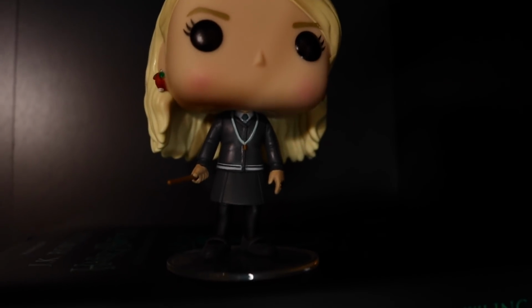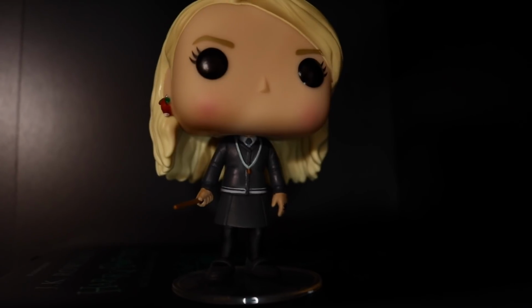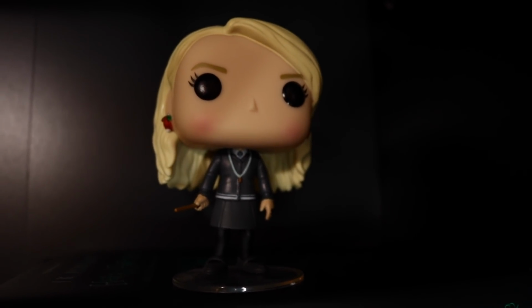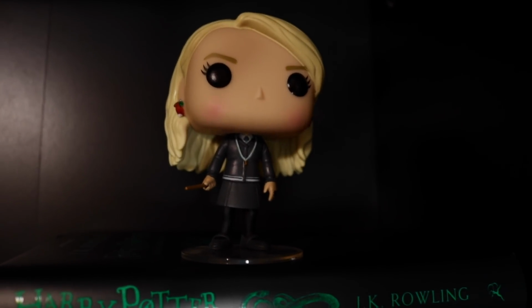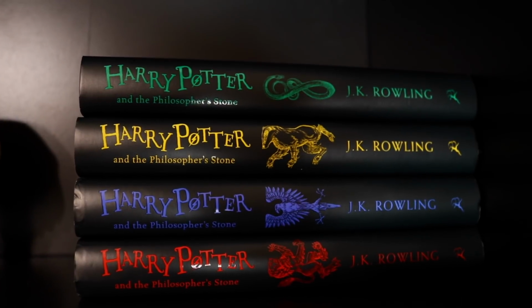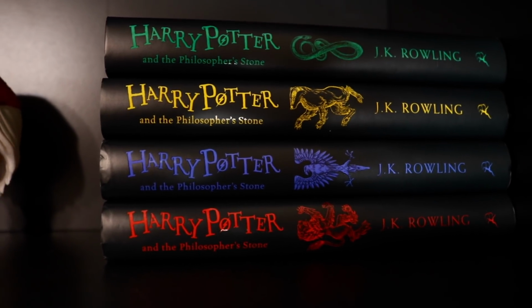She's got her Ravenclaw uniform on, and she's got her wand ready. She looks ready to fight some Death Eaters, and she's really cute. I really love Luna. She's one of my favorite characters in the series, so she makes a great addition standing on top of the next few books, which are the 20th anniversary edition of Harry Potter and the Philosopher's Stone